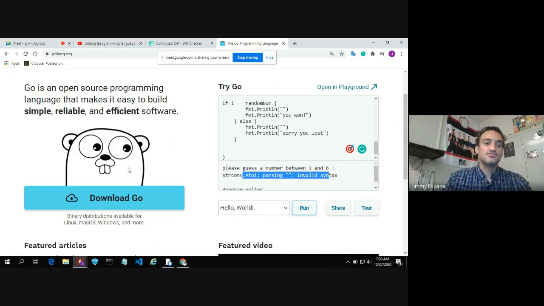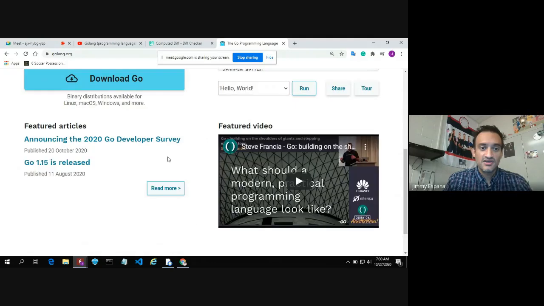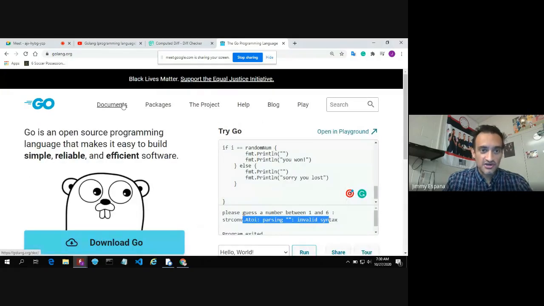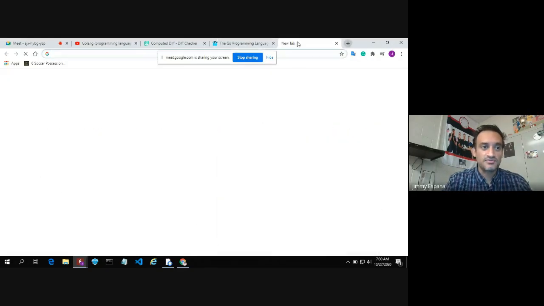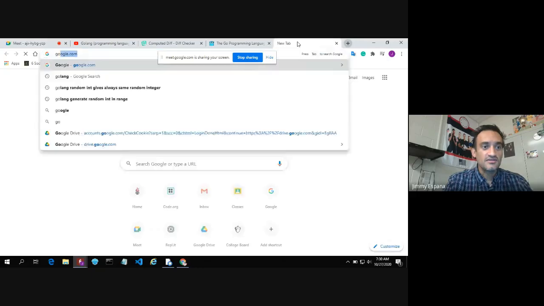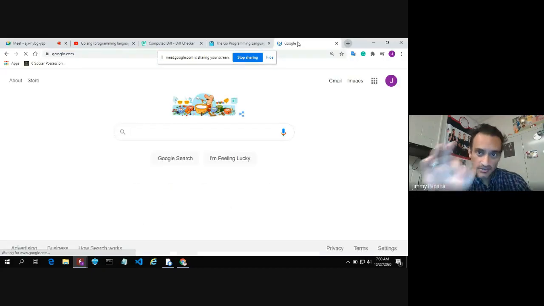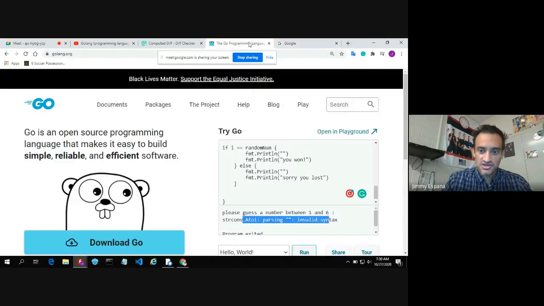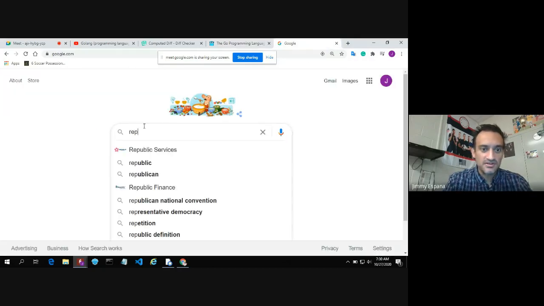So this is good for doing simple stuff, and this is the go-to place if you want to learn more about the Go language. You can check out the documents here, but let me show you a different website that I ended up using with the same code we just ran here. You saw over here on the official Golang site, it gave us some issues. Like, this is invalid text, the program exited, so it didn't do anything. But if you go to this website,